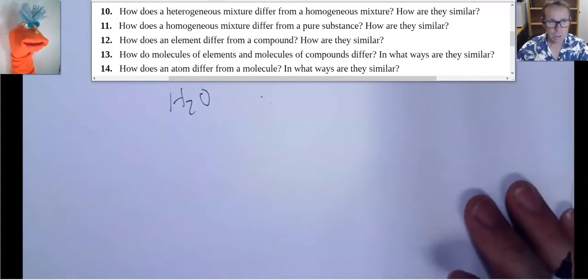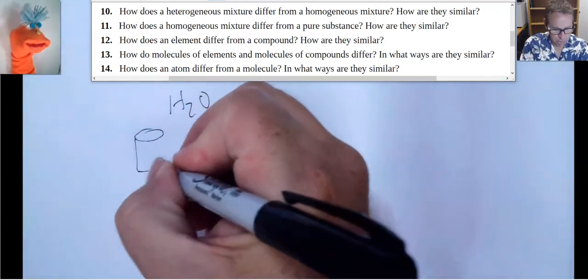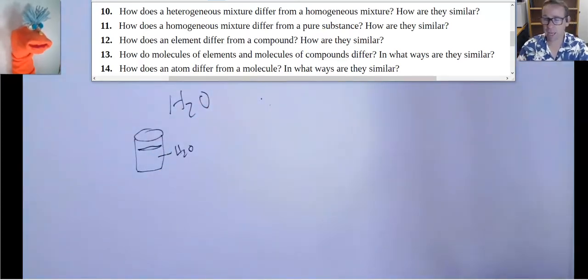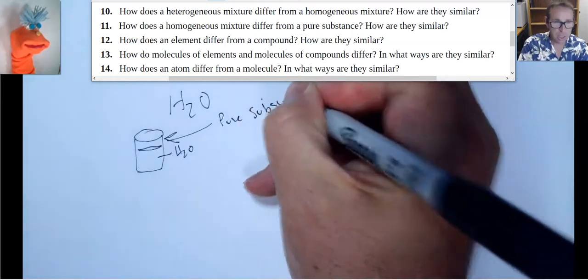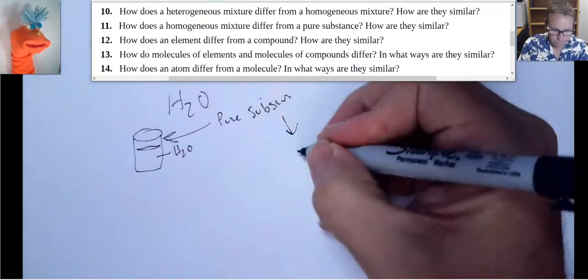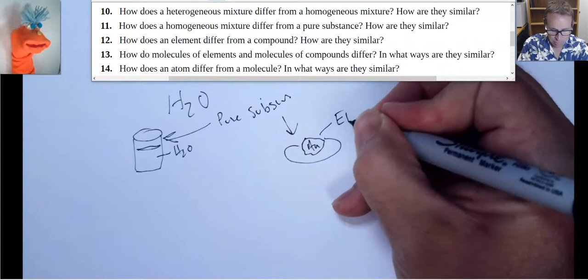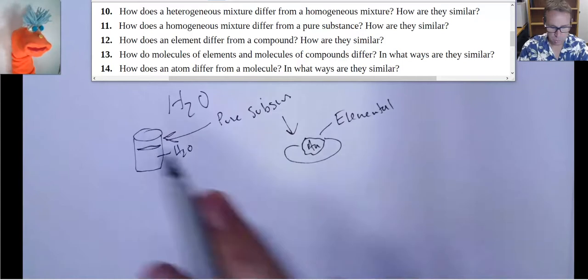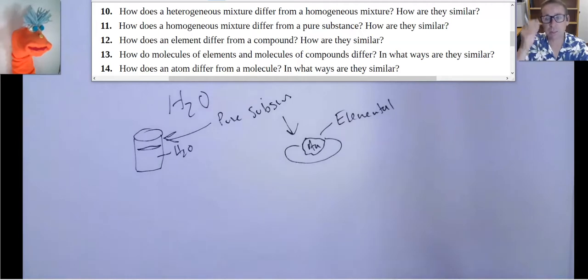All right. Water is what we call a pure substance because in a container of water, for example, all of the water molecules have exactly the same combination of atoms, exactly the same structure. So when that's the case, we call it a pure substance, all right? Another example of a pure substance is just a big chunk of gold. That's elemental, because it's an element, all right? So pure substances can be combinations of atoms, but all the same thing,